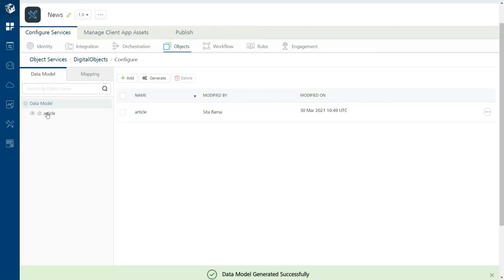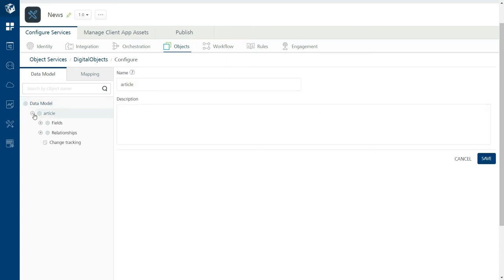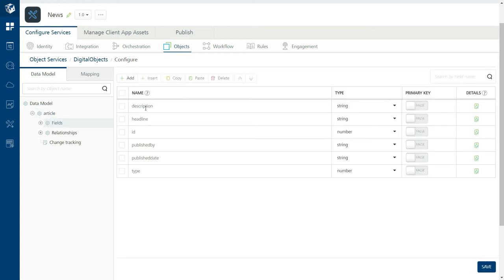As you can see here, the article data model or the article object is generated. Inside this article object, all the fields are also generated. Each article will have a unique ID, article ID, published by, who published that article, published date, when the article has been published, headline and description. Along with that, to which type of news this article belongs to.